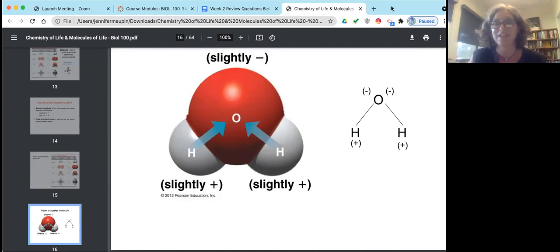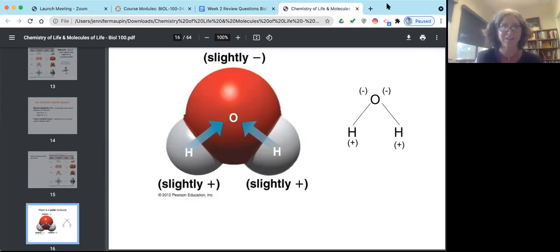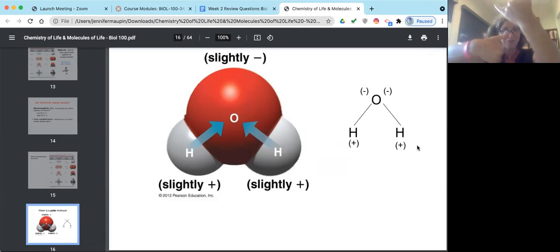And once you understand how polarity works and how polar molecules behave, then it's easier to understand how water behaves, because so much of what we look at about these properties of water has to do with the fact that it's a polar molecule, that the electrons are being pulled more strongly by oxygen, and that leaves the oxygen end of the molecule partially negative, and those hydrogen ends are partially positive,